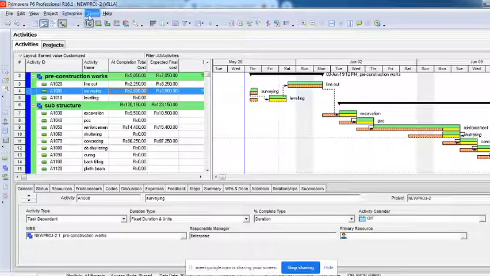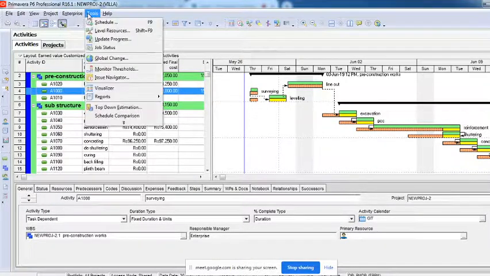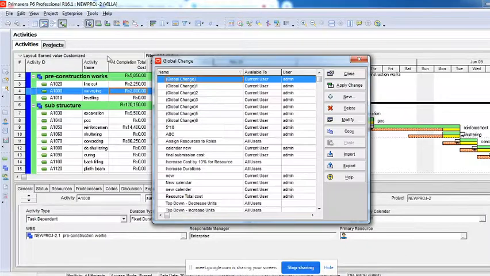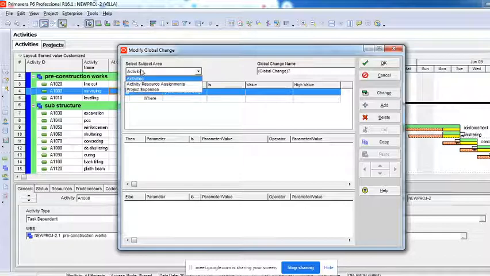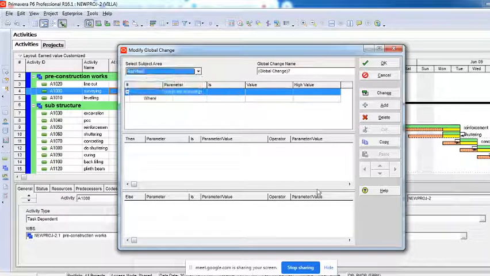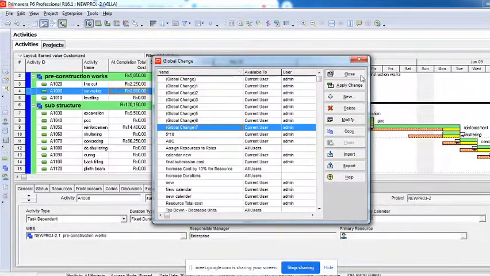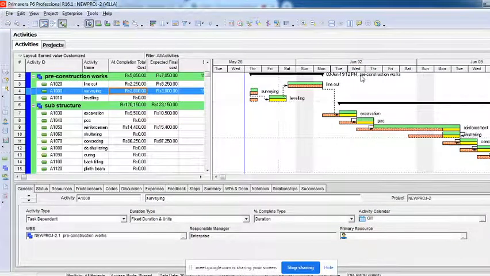Okay, so with this global change, what are the things you can do? You can change anything in the columns at once at any point of time. You can create separate columns and apply formulas to them through global changes. That global change will also give you an option for where you want to change it globally, meaning on which particular subject area. The moment you click on add, it will ask you what the subject area is. There are only activities, activity resource assignments, or project expenses. Whichever you select here, based upon that you will be able to create the parameters. Okay, understood?